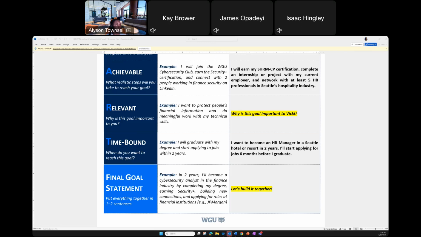And so for Vicky, when does she want to achieve this goal? She wants to become an HR manager in a Seattle hotel within 2 years. So if she's working to finish her degree program in 1.5 years, then she's going to spend the second half of that year to apply for jobs so that she can reach this goal within 2 years. And she makes it even more specific by saying that she'll start to apply for jobs 6 months before she